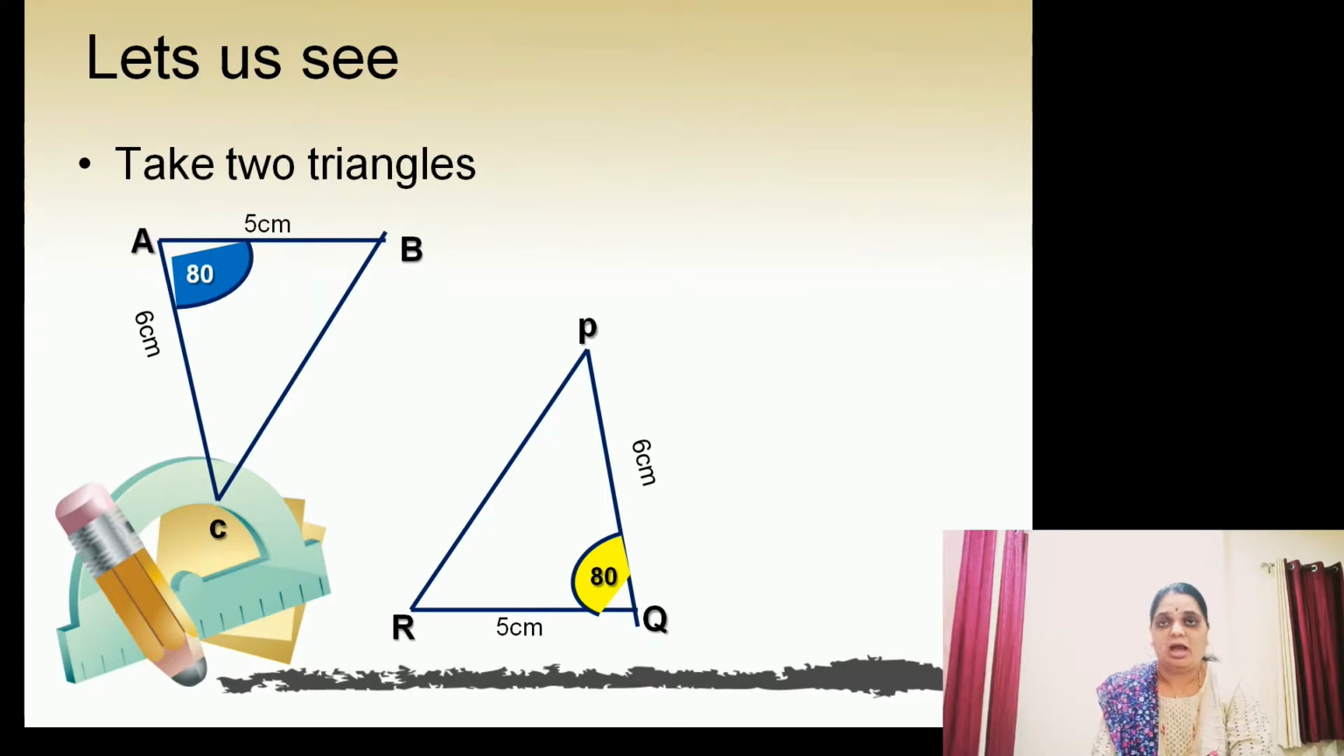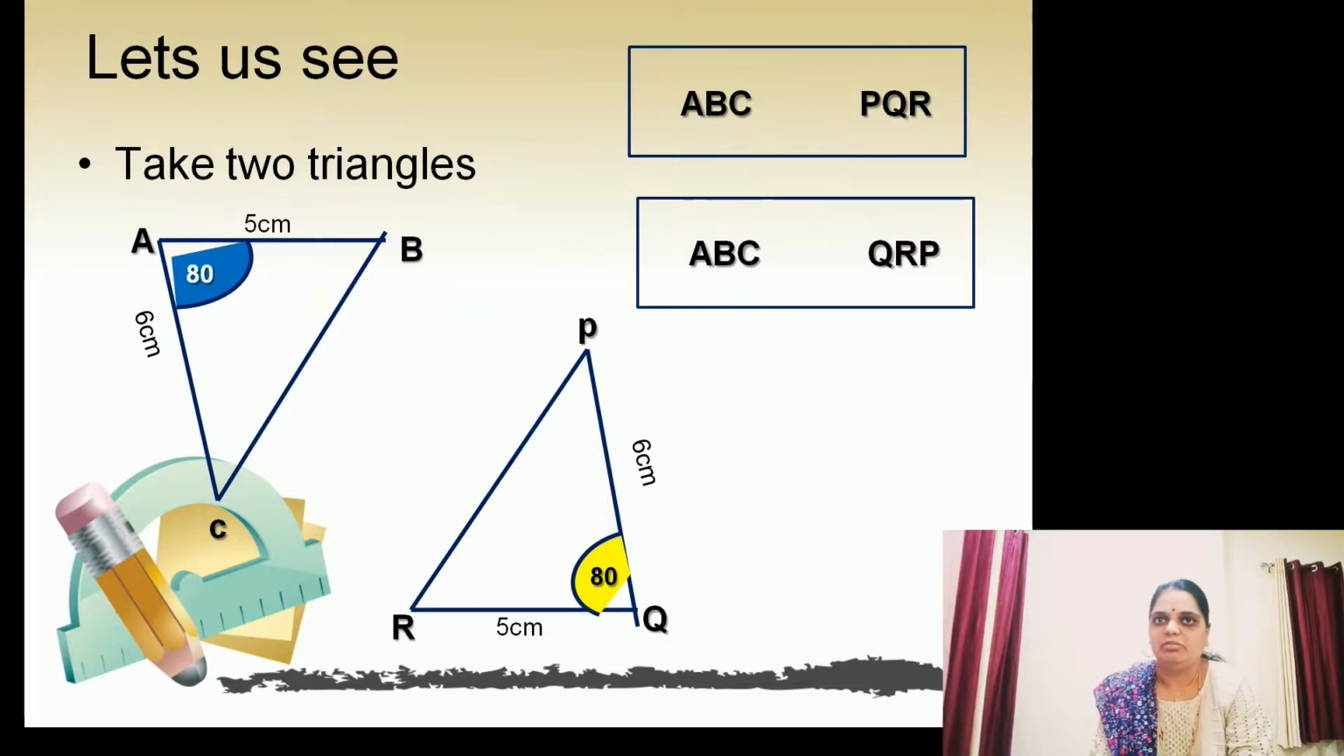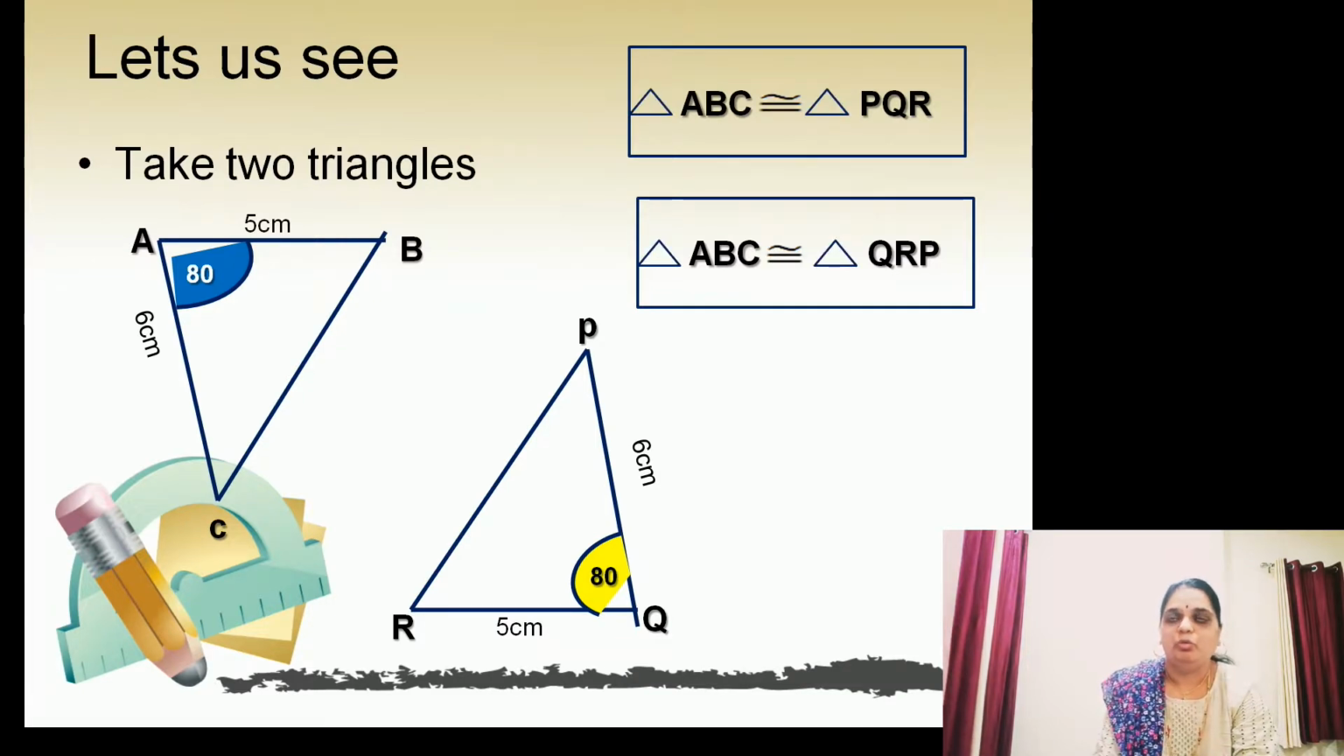Another name for triangle PQR is QRP. Why is there a difference between the two names? Here we see AB is 5 cm and below in the figure RQ is 5 cm. That means AB is congruent to RQ. In the first, we see AB is congruent to PQ, but AB is 5 cm and PQ is 6 cm. That means both sides are different. So triangle ABC congruent to triangle PQR and triangle ABC congruent to triangle QRP are different statements, and we see which statement